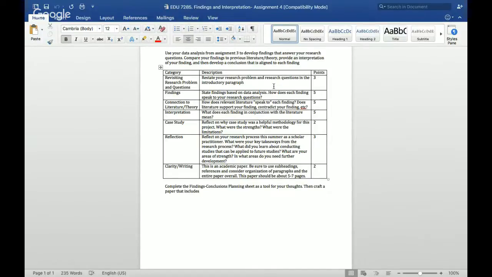Then after you do that, you're going to state your findings. So if you've gone through this thought process where you have findings, you go ahead and say them, and you describe how they speak to your research questions. I would anticipate that you may need at least a few sentences to explain each finding. I wouldn't put all of your findings and all of your connections to the research